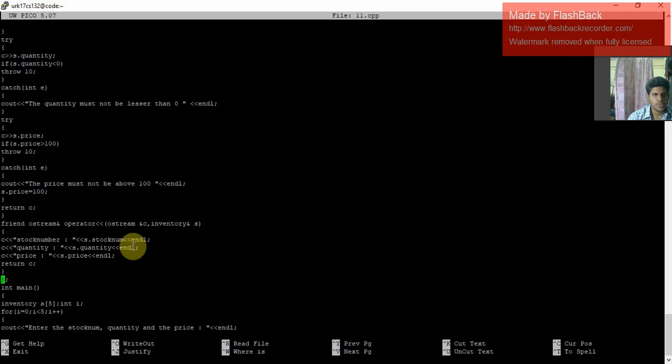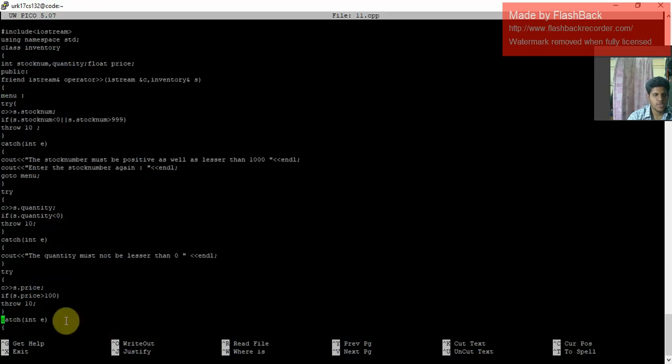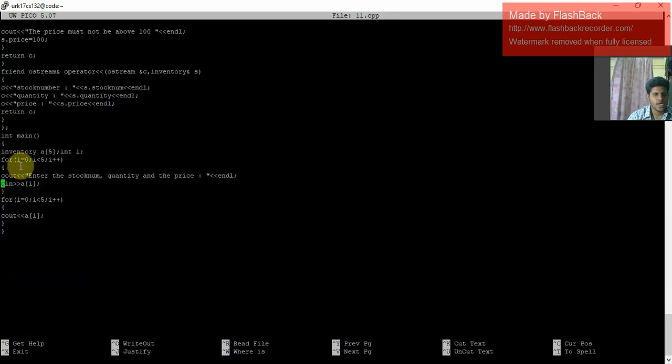So coming to the program, in the main function, I have created an inventory object that is an array of size 5 and a variable i of integer data type, and I'm getting the stock numbers, quantity, and price from the user. I'm using a for loop for this, with i equal to 0, i less than 5, and i plus plus. And now the operator is overloaded, so this function will be invoked,